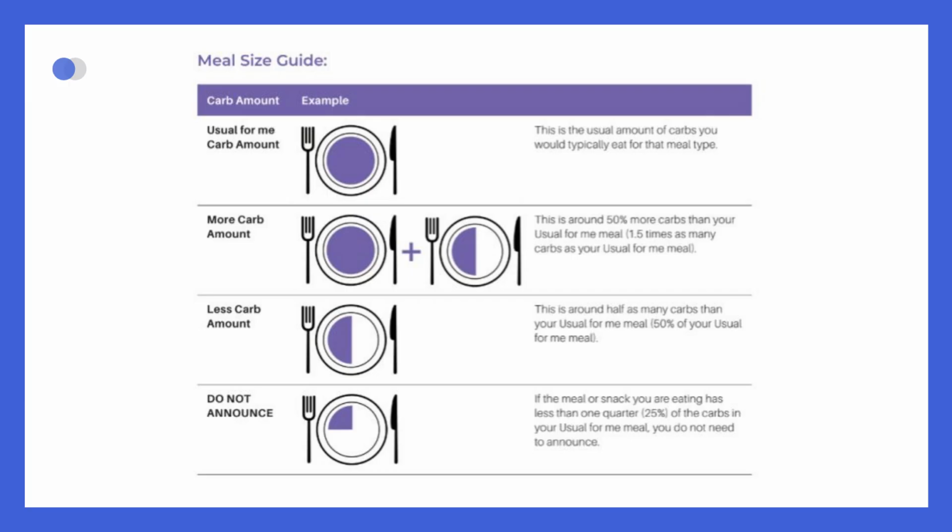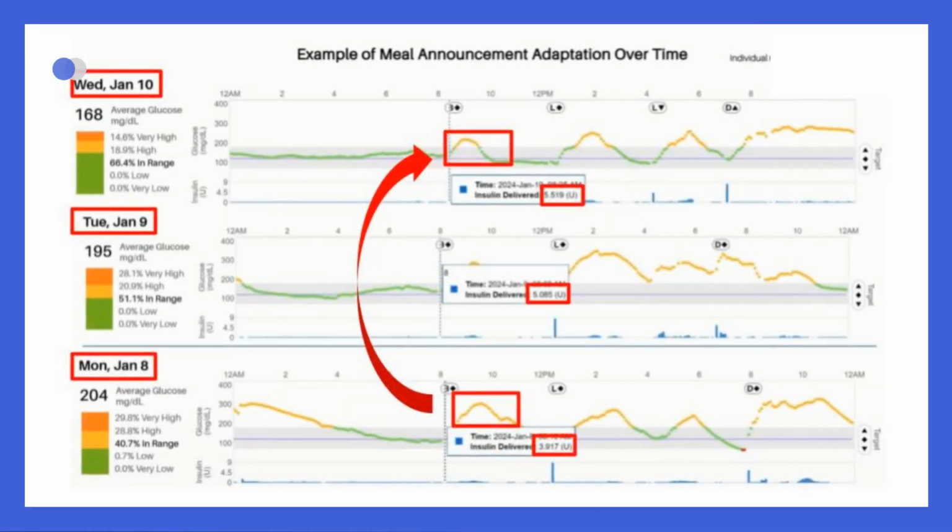The insulin dose for a less meal is 50% of that for a usual for me meal, and the insulin dose for a more meal is 150% of that for a usual for me meal. Here's an example of how the iLet system adjusts insulin doses for breakfast each day. As postprandial hyperglycemia occurs, the system gradually increases insulin amounts for the same meal type, leading to improved control of